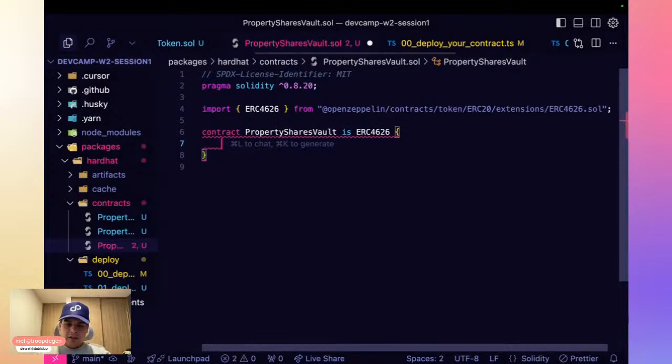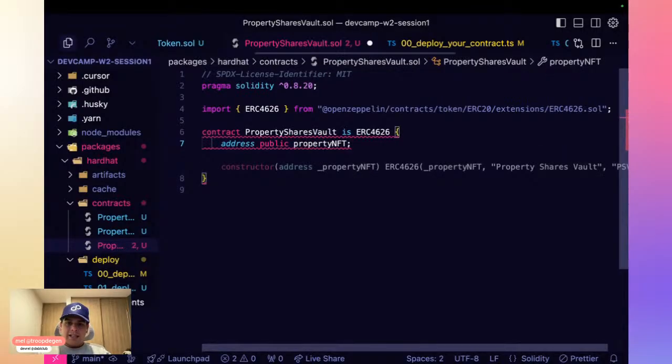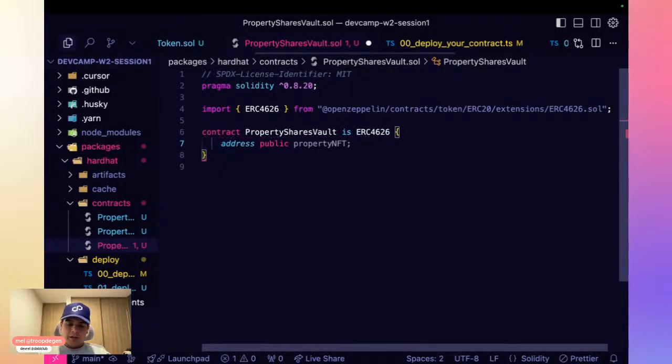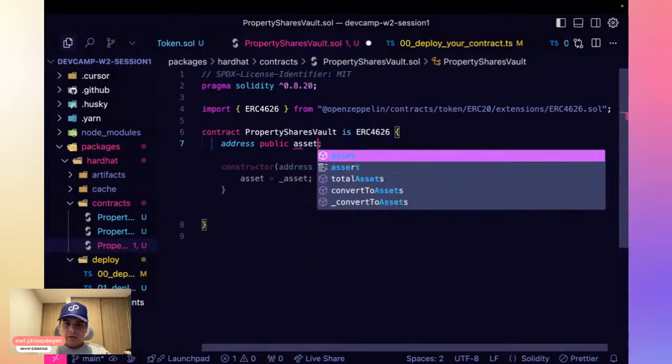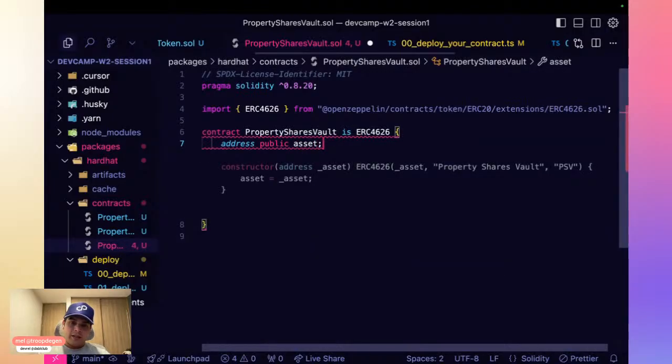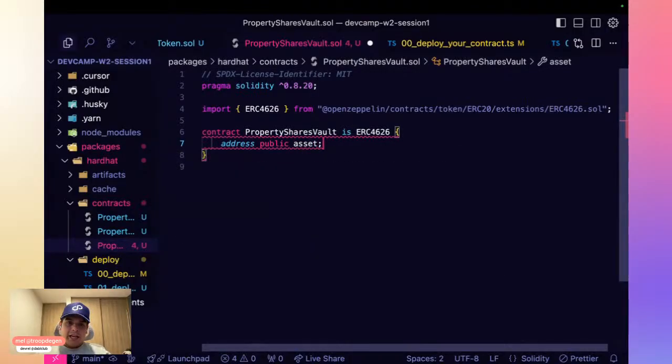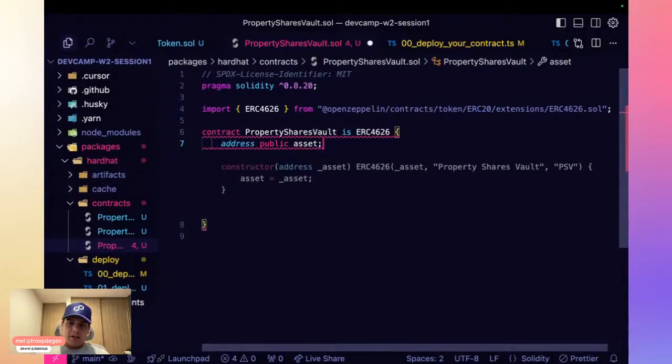First we need to declare the asset that we will be accepting as part of the deposits. I'm putting it as address right now because we will be using another word for this. We'll see in a bit.